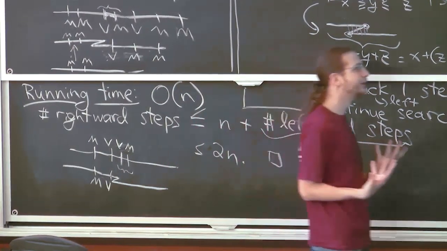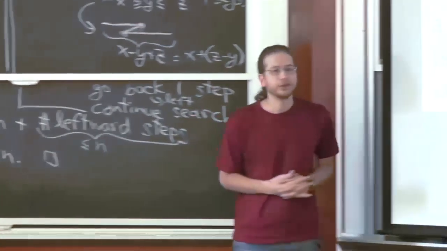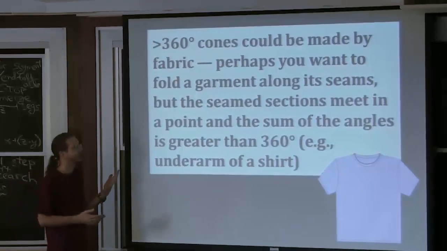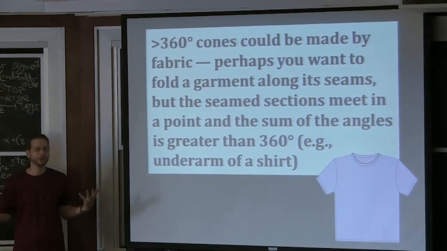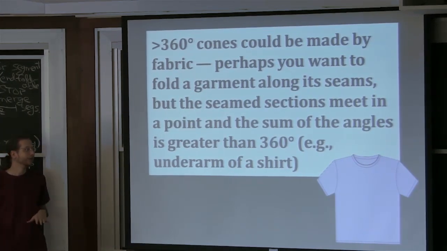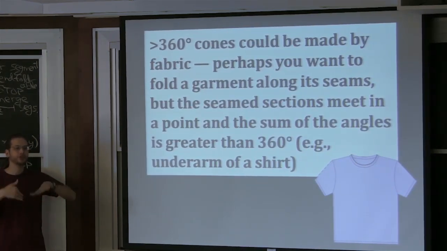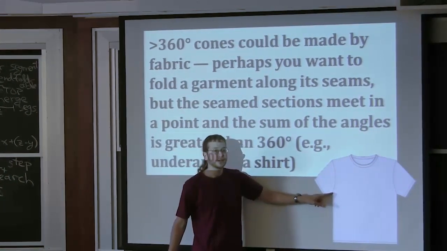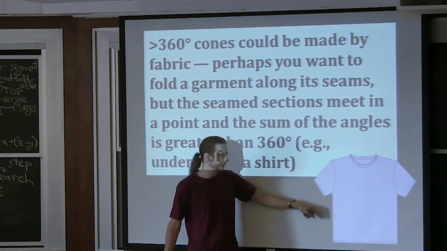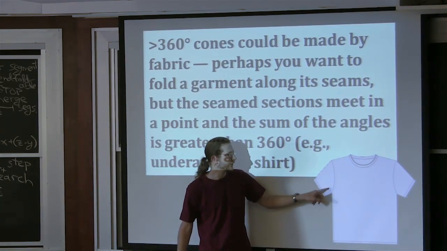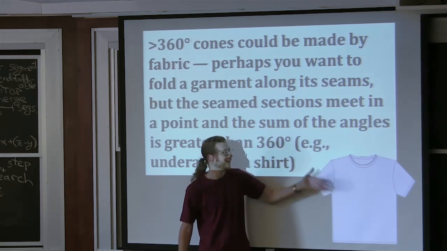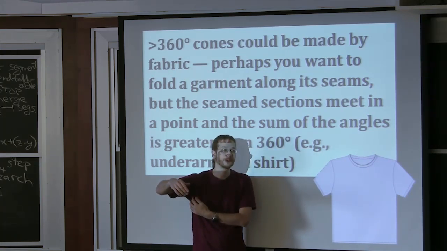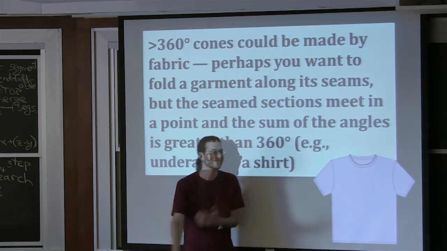Now, with the Kawasaki condition, I mentioned briefly in lecture 3 that we were talking about convex cones where the amount of material is less than or equal to 360. Someone pointed out, and I said, out of paper, you can't make something more than 360. And it's true if you start from one sheet of paper, but if you start with multiple sheets of material and join them together, like sew them up, like in a t-shirt, you can get non-convex cones, meaning more than 360 degrees of material here. This is let's say a 270, let's call it. So you double that, because there's the front side and the back side of the t-shirt. Easier to see in a 3D one, but you've got more than 360 degrees of material in the armpits.